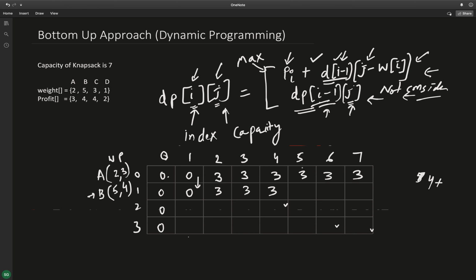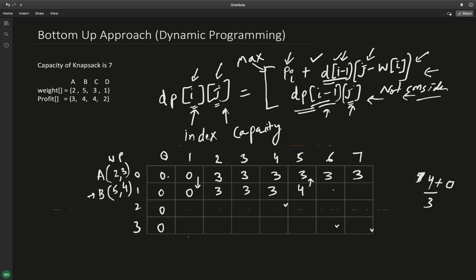So I'll go to the row above and look for the capacity 0, that is 0. So 4 plus 0 is 4. And if I don't consider this item B, the profit that I will get is just the cell above, that is 3. So maximum of 4 and 3 is 4. So I'll put 4 here.